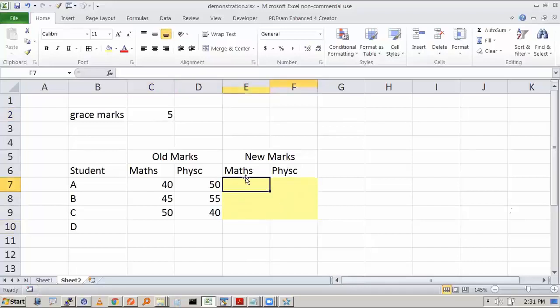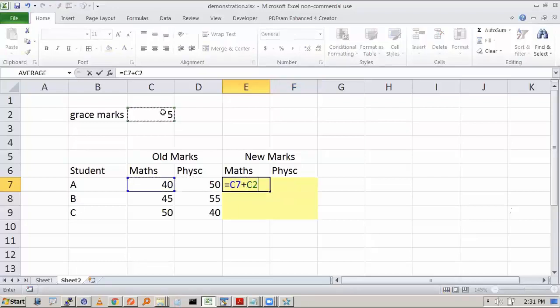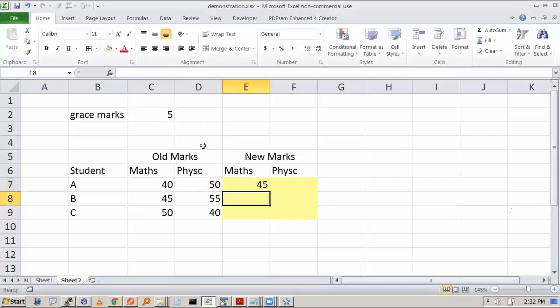I should write one formula here because I can have many students and many subjects. How can I write one formula here and achieve the same thing? For that, just think, guys, what we should write. First, we should write it simply. That means we know we have to add 5 to C7, that is 40. That will give the correct result for maths. But if I drag this down, will it be correct?